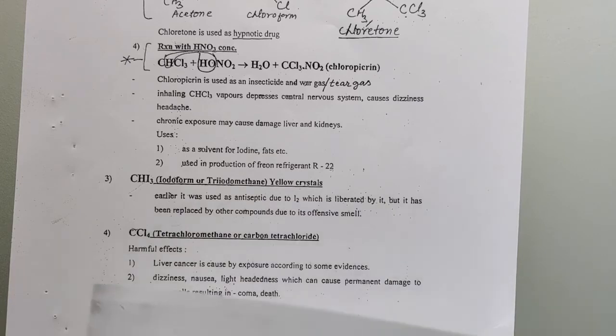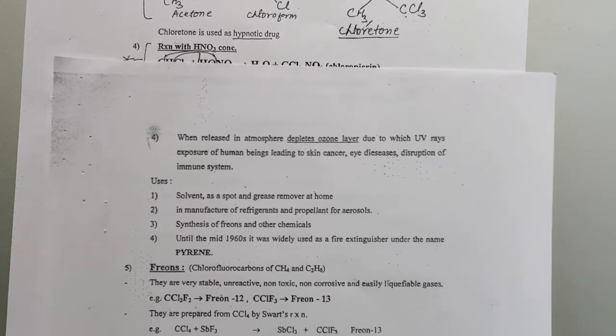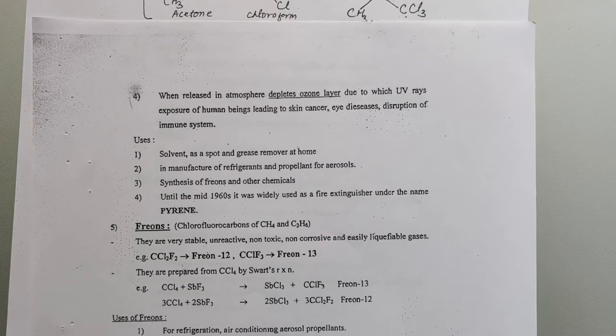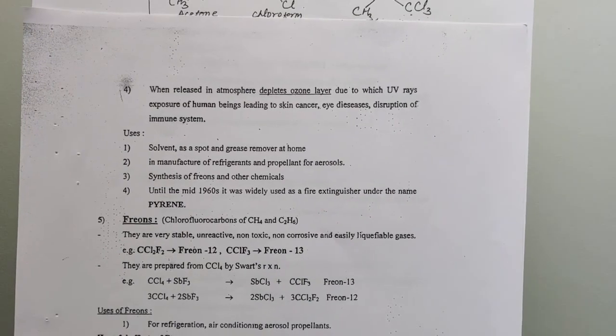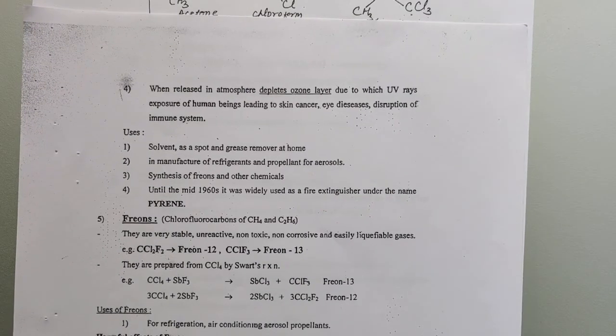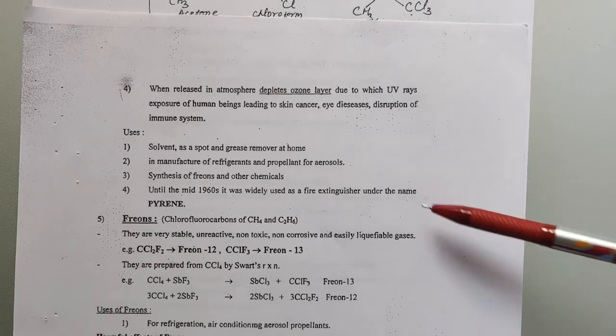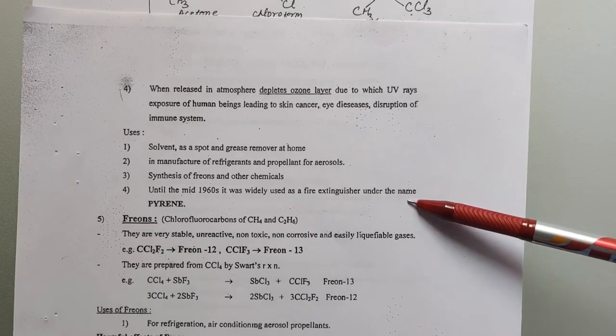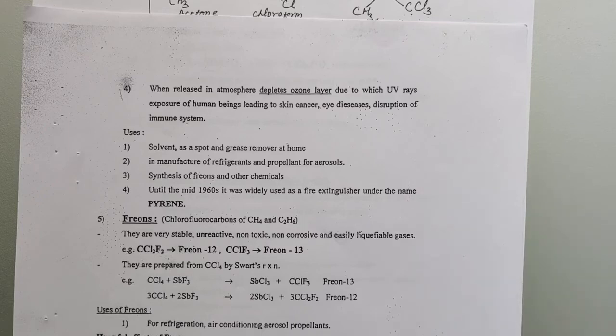Just look at your screen, it's coming, and here we are. Can you see the fourth point? The depletion of ozone layer has been there, and followed by the uses. In it, the last use, students, is very important. This one, carbon tetrachloride, till the 1960s was being used as a fire extinguisher under the name of pyrene. Okay students,